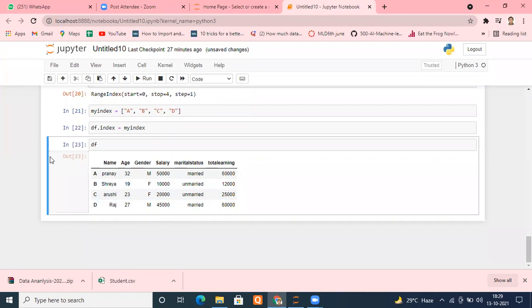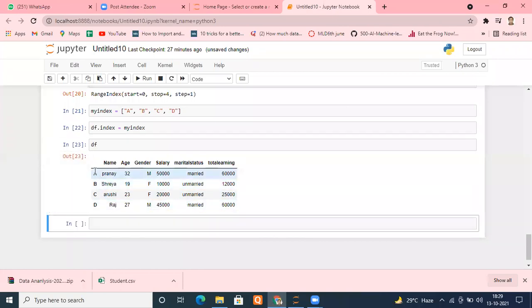Rows now. There are two methods. Understand that properly. Even if you want to go back, you can go back, meaning you can delete this and bring back 0, 1, 2, 3. Very easily you can do that. But what will happen, that we will deal with: this column will become a part of your data frame now. If I do that, see, df dot reset underscore index. See what I'm going to do.